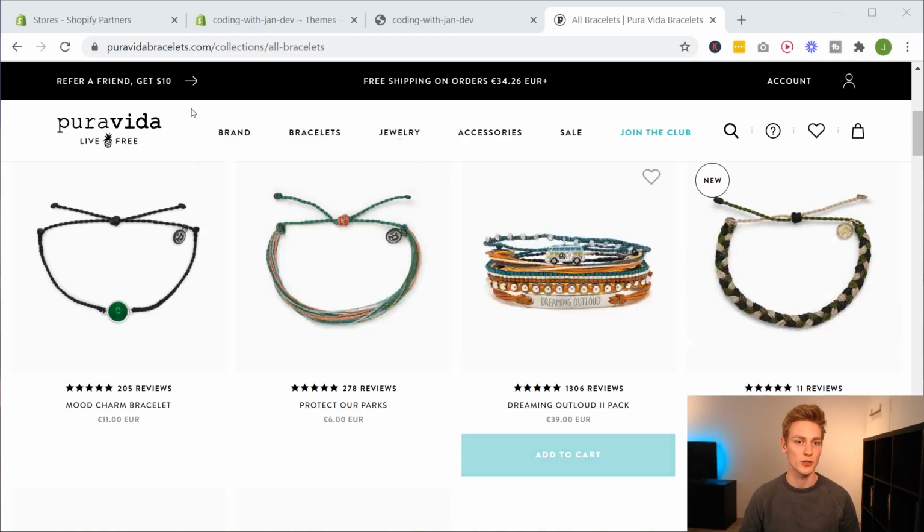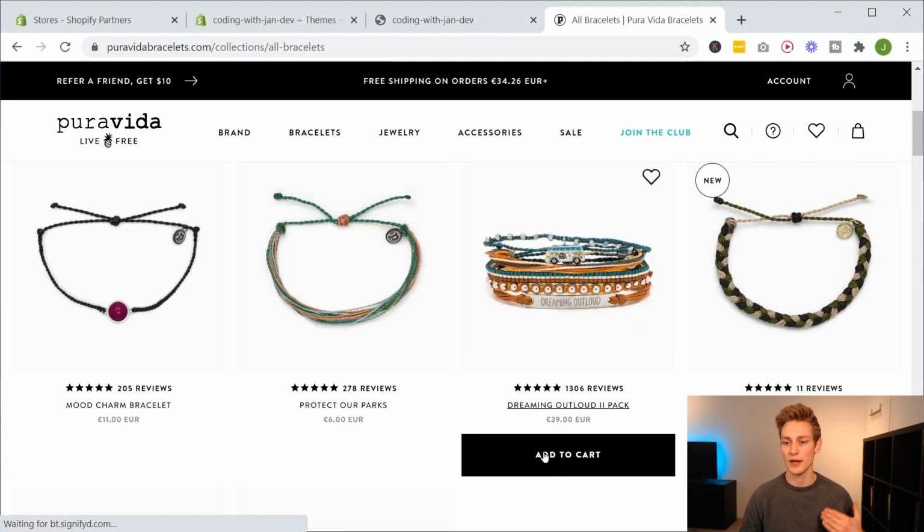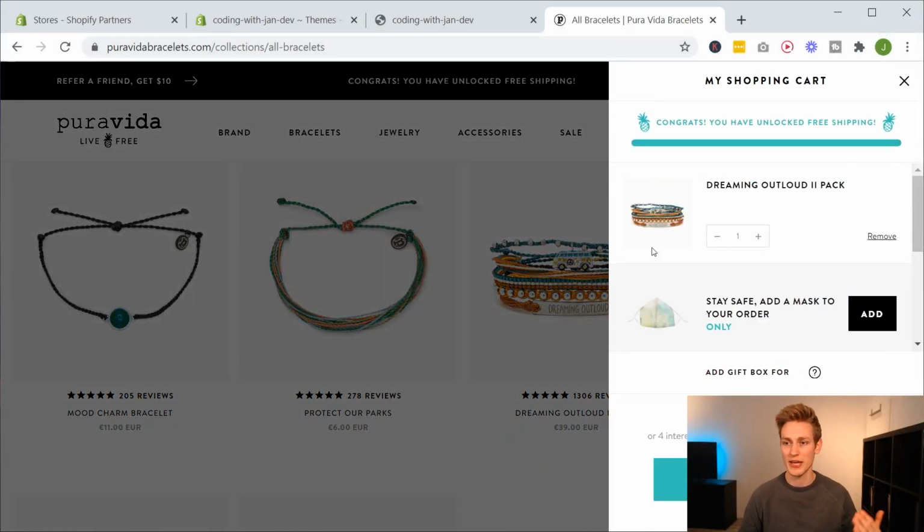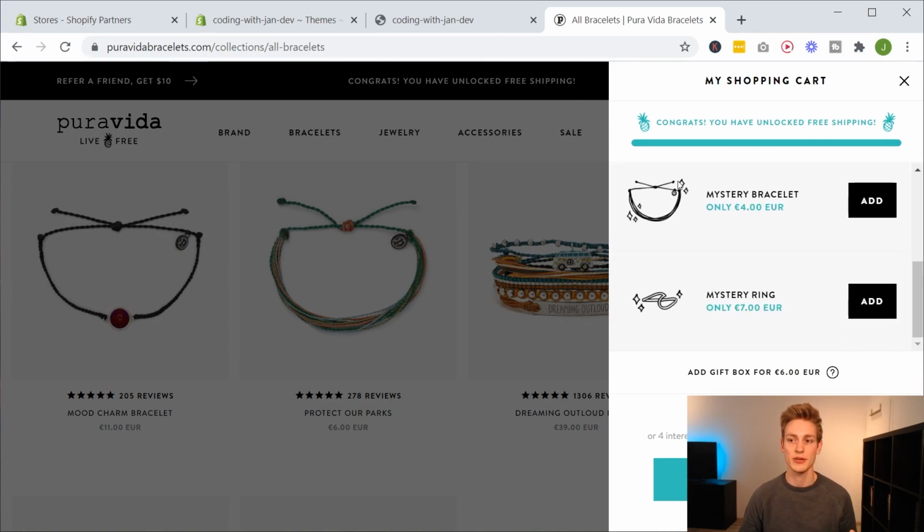the one you would find on Pura Vida Bracelets.com, where they offer you some additional products whenever you add an item to the cart. So for instance, here you can see they offer me a mystery bracelet and this mystery ring. And at first, this might seem like a minor feature, but if you can boost the revenue on a